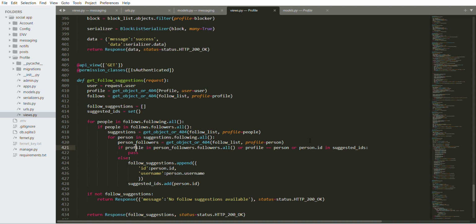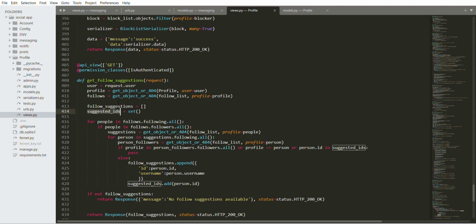But because user C follows user D, it would also be added to the follow suggestions again. But we don't want that to happen. We don't want user D to appear twice in our follow suggestion. So we do this check. That is why we added the suggested IDs. So basically, if the person ID is already in our list of suggested IDs, then pass. That means do not add the person to that follow suggestion.